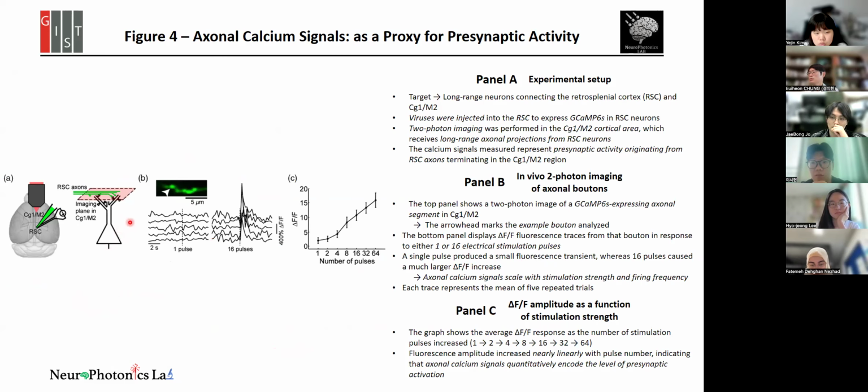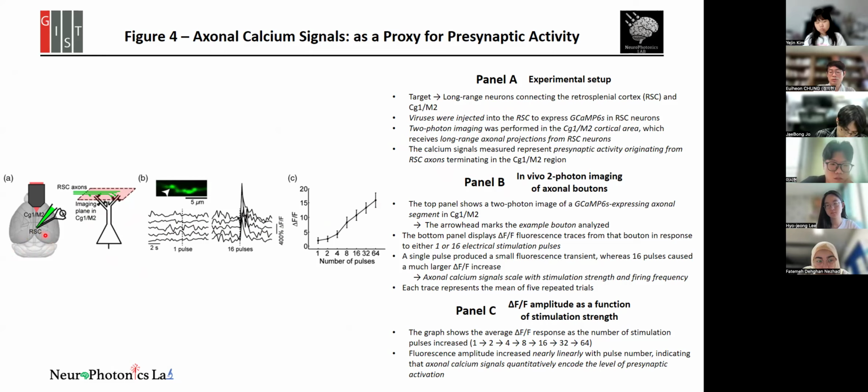And figure 4, the present experiment designed to examine how quantitatively axonal calcium signals reflect presynaptic activity, specifically spiking at the synaptic terminals. And panel A shows the experimental setup. The target cell is the long-range neurons connecting the retrosplenial cortex and CG1 and 2. And virus was injected into the RSC